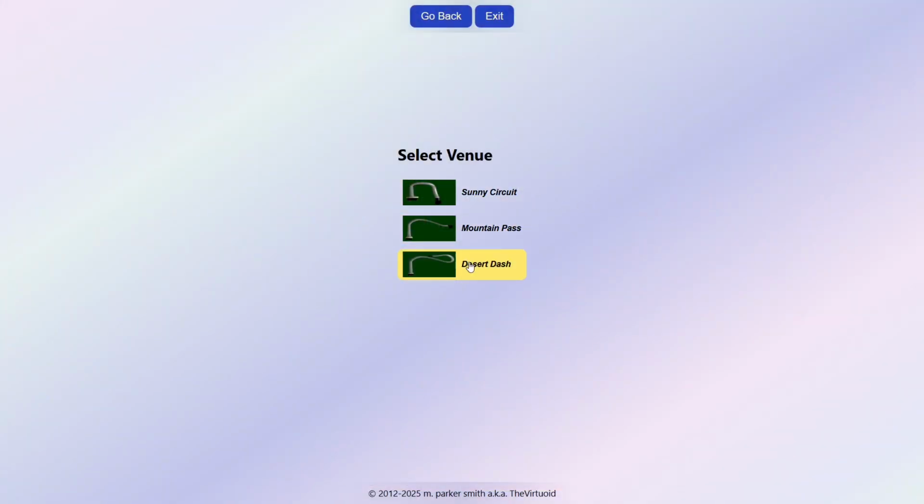Now, I didn't do Sunny Circuit or Desert Dash. These are just two I kind of threw together last minute to get pictures of. Well, Desert Dash is the one I've been kind of toying around with. Mountain Pass is just a simplified version of it. So we'll select Mountain Pass, and once we select Mountain Pass, we'll go to Race,